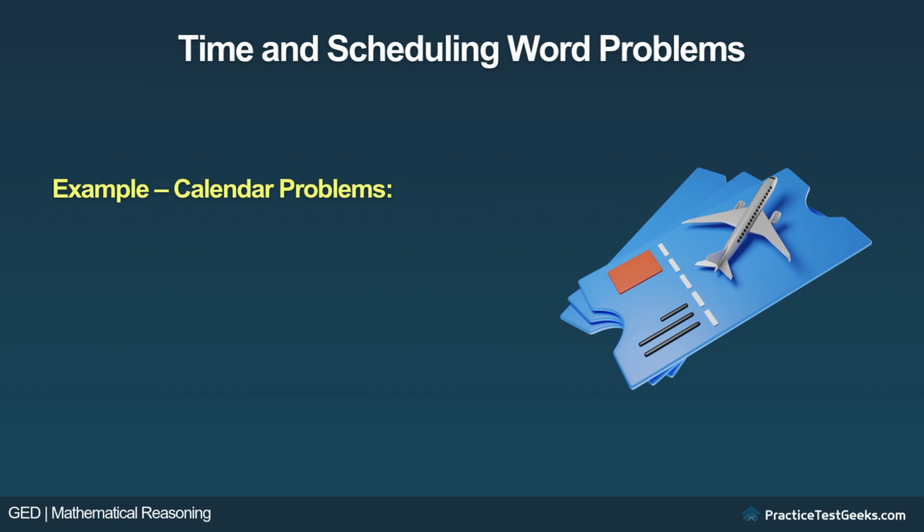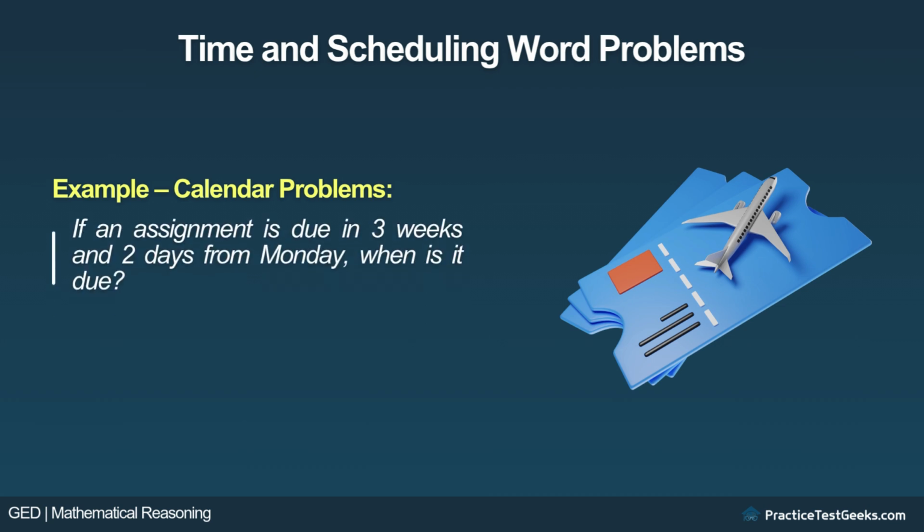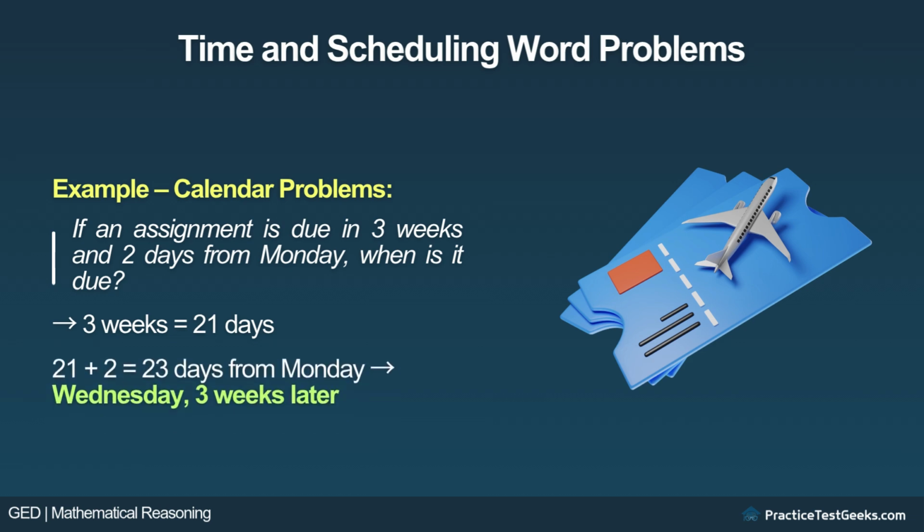Example: calendar problems. Let's say an assignment is due 3 weeks and 2 days from Monday. What day will it be due? First, convert 3 weeks into days. 3 weeks is 21 days. Now add the 2 extra days. 21 plus 2 equals 23 days from Monday. If you count forward 23 days from Monday, the due date will fall on a Wednesday, 3 weeks later. Make sure to take your time with these problems and count carefully, especially when working with both hours and minutes